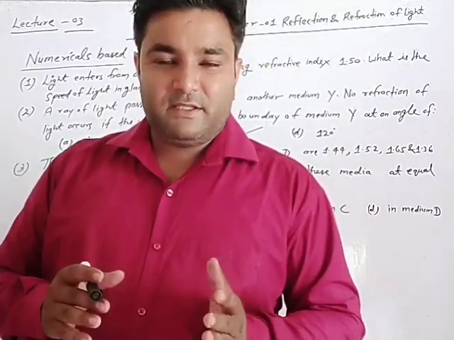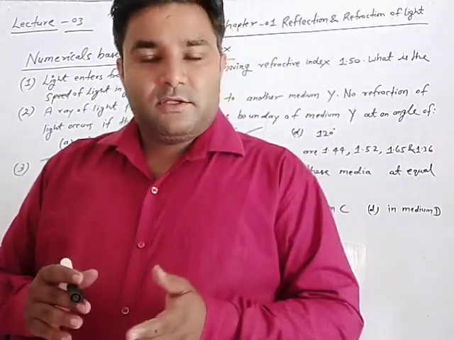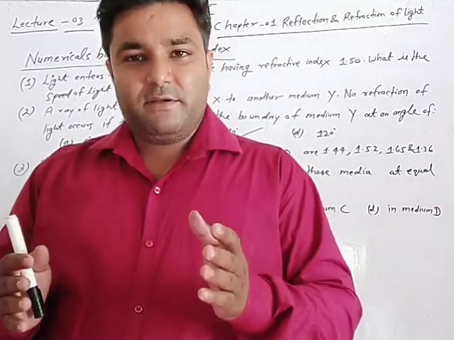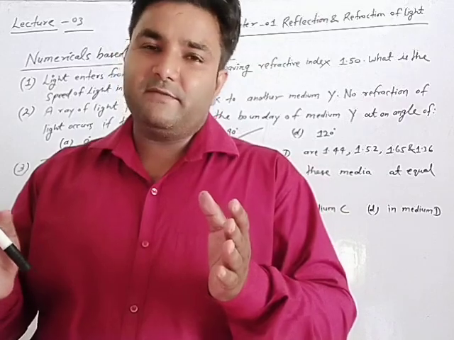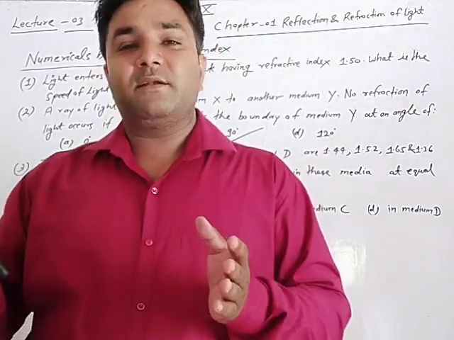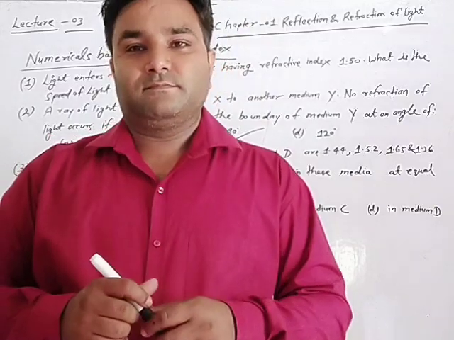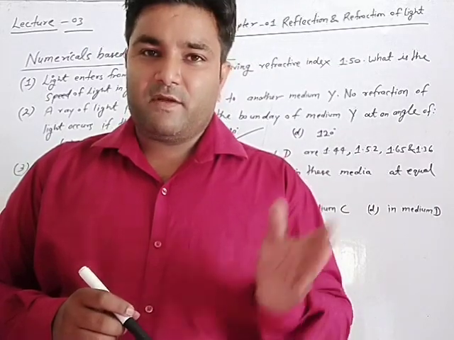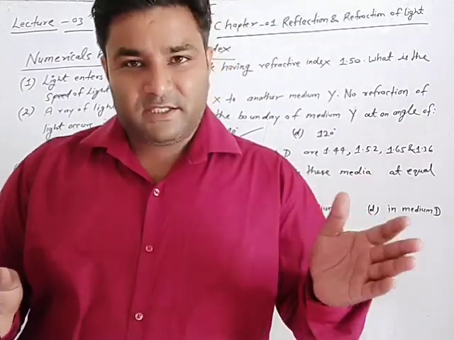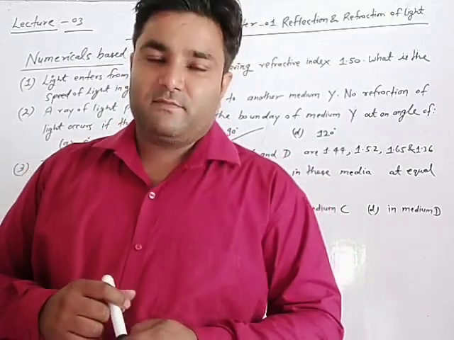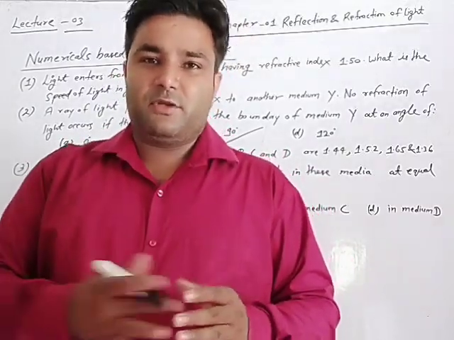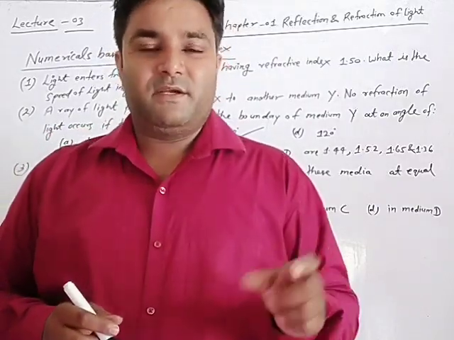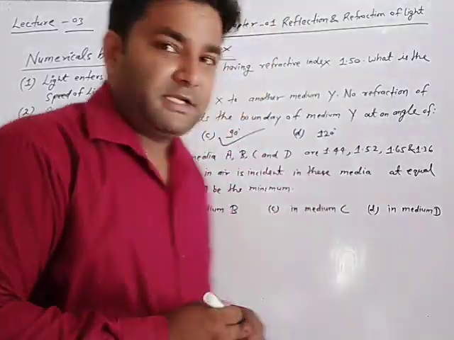If the refractive index is greater, then the speed of light will be smaller, or we say lesser. Whenever the speed of light has a lesser value, the deviation in the direction of light will be maximum. It means if refraction takes place from rarer to denser, there is maximum deviation towards the normal, and when refraction takes place from denser to rarer, there is maximum deviation away from the normal, under the condition that the refractive index of the medium is greater. So just see what the concept is.